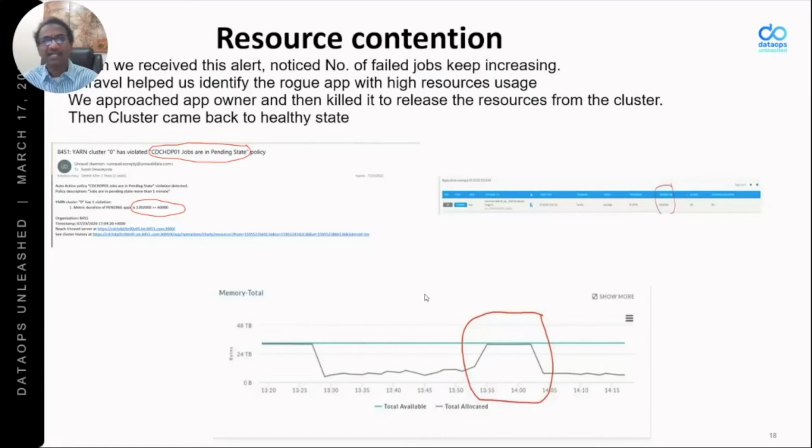I identified that application and tried to reach out to them. I bet that with Cloudera Manager, it would take at least 20 or 30 minutes to identify. But with Unravel, I identified it within 5 minutes, especially coming from a non-Hadoop environment. I just wanted to share how cool it is and how it made our life easy